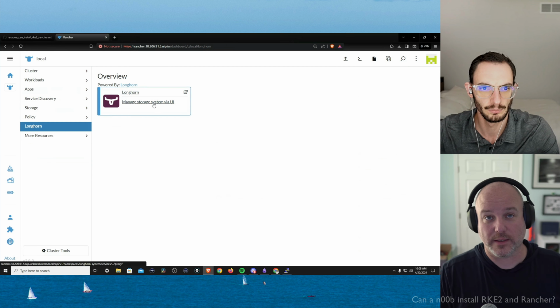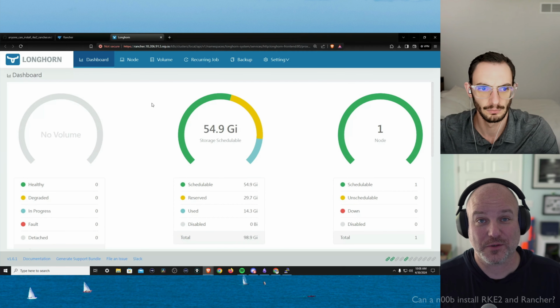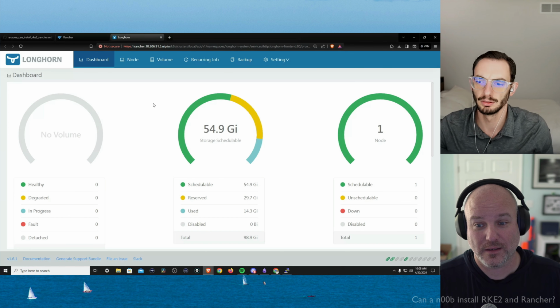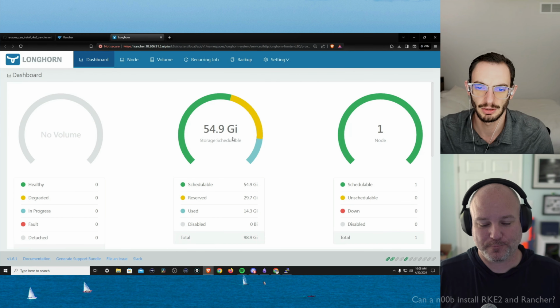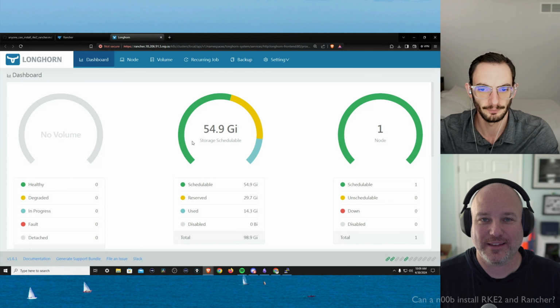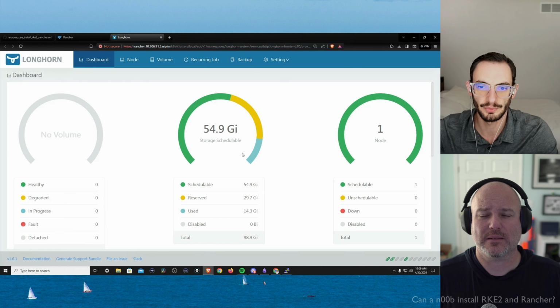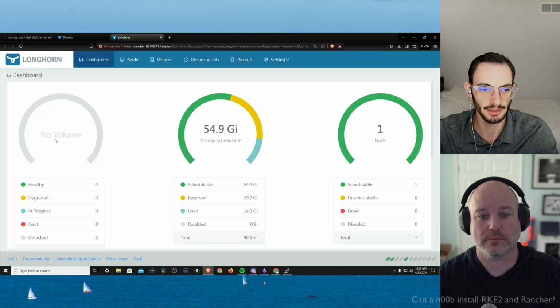What this is doing, you've now deployed Longhorn, which is our storage platform. Oh, wow. Okay. On the one node, and it has the... Correct. 54.9, excuse my ignorance. Gigawatts. Got it. Thank you. Actually, I think that nomenclature is gigabytes. Okay. This is showing 54 gigs. On the left side here, what is this showing?